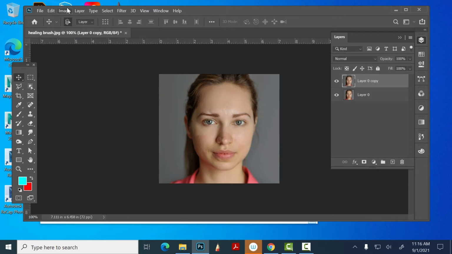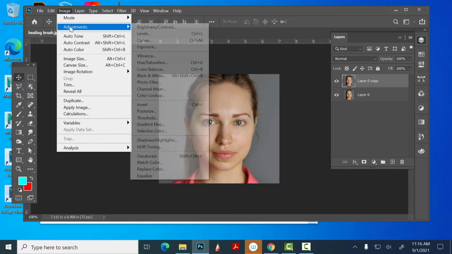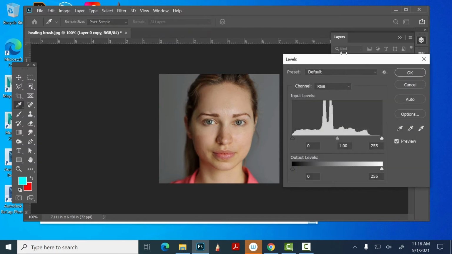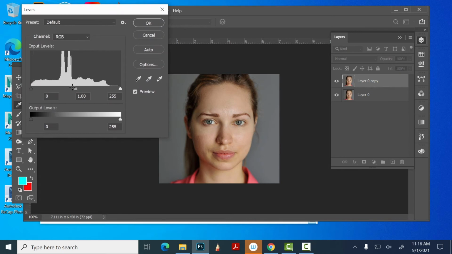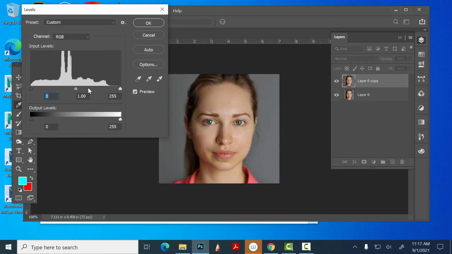We're going to be using these quite a bit really quickly. And then we're going to go back to Image, Adjustments, and go to Levels. Okay, now what this is showing you here is your darks, your mids, and your lights, okay? I'm going to show you another little overlay thing with this, if I can find a drawing real quick. Don't worry about this yet. So if I want to pull up, I'm pulling the darks up. You see that? Okay. If I want to lighten or darken the mids,